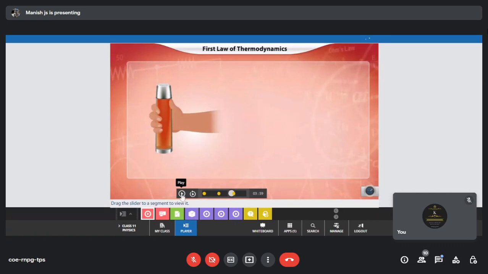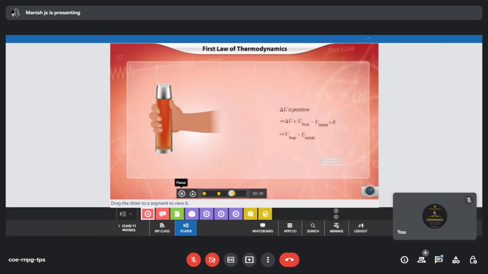So the change in internal energy, for that example, we say is positive, because completely it is used up for doing work. So heat is not getting escaped anywhere. So that term becomes zero and completely the change in internal energy would be equal to the work done on the system, that is on the thermos flask, by the person who is shaking the flask. So that's it, okay, so we'll go ahead.